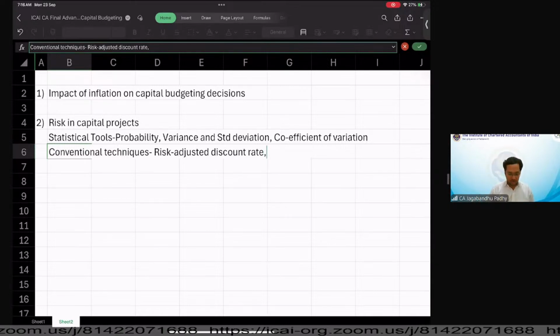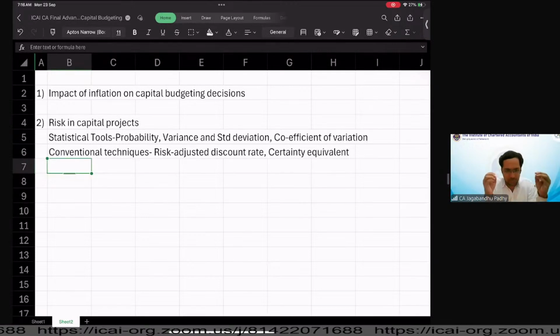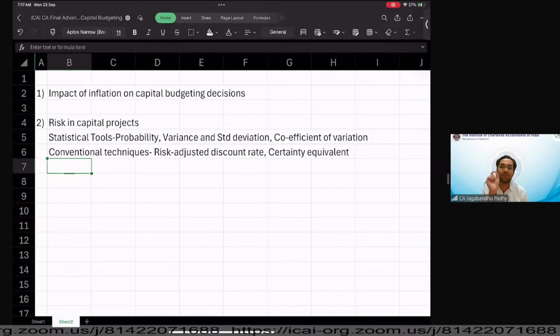And then, of course, we are going to learn something called certainty equivalent. See, cash flows of any project are definitely subject to some sort of risk, right? And when we write down the cash flows as years and the cash flow amounts, we write down the year and the cash flows. The cash flows are your expected cash flows. Those cash flows are not your sure or certain cash flows, right?